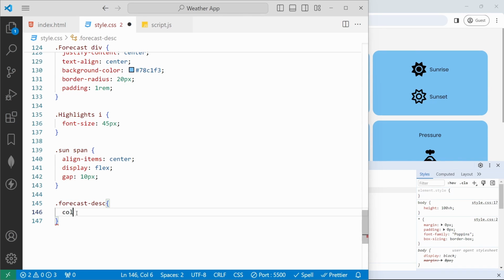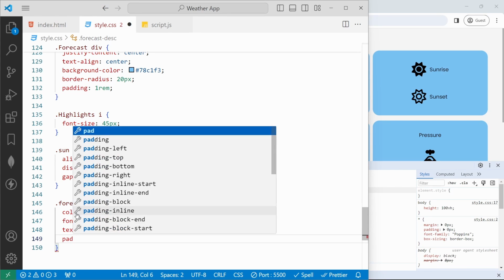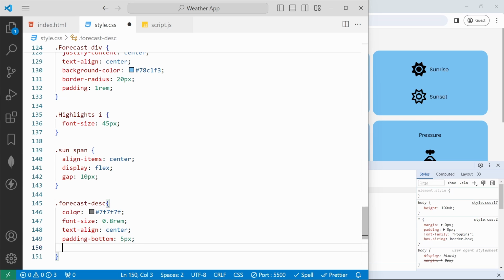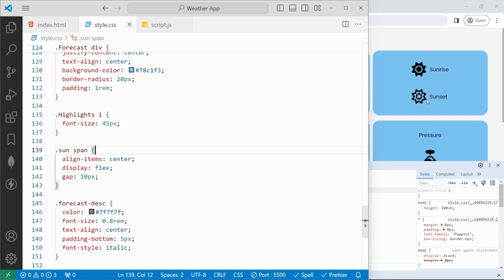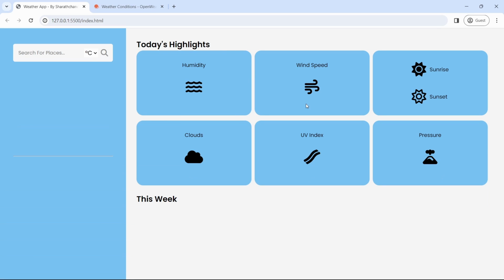I will set the color to light gray color, and then I will set the font size to 0.8 rem, and then I will set the text align to center. I will set the padding bottom to 5px, and I will set the font style to italic. If I save, if I go here, if I close this, I will check for New York, and if I